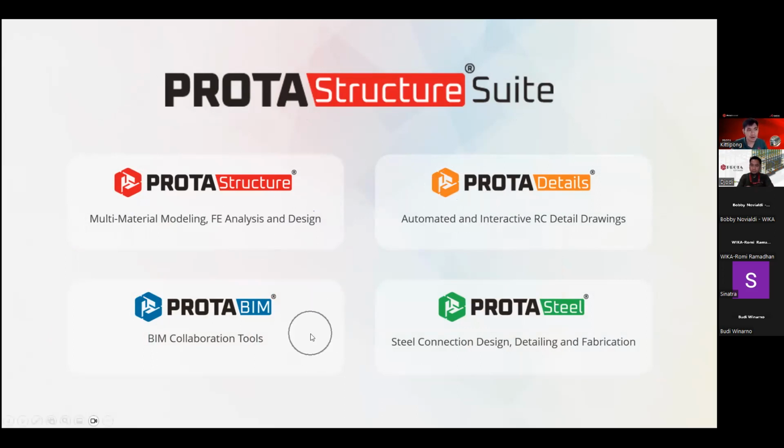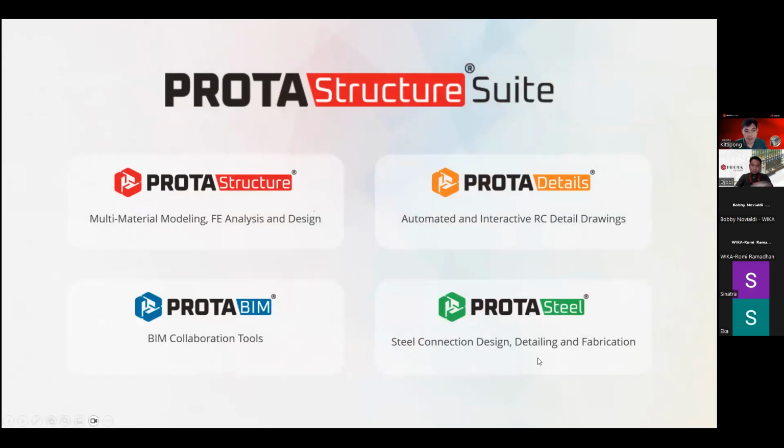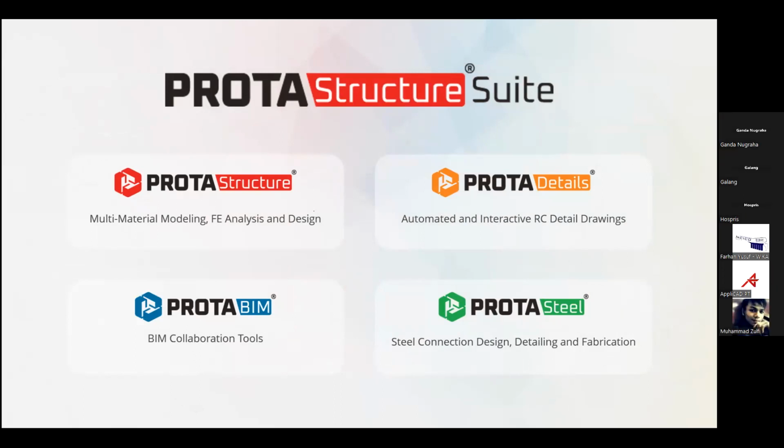And we do have Prota BIM to cover all the BIM process, right? Connect Prota with Revit, or connect Prota with Archicad, connect Prota with Tekla, something like that. And we do have Prota Steel to cover all the steel design. Not all of them, but most of them, the quite usable, the detailing.